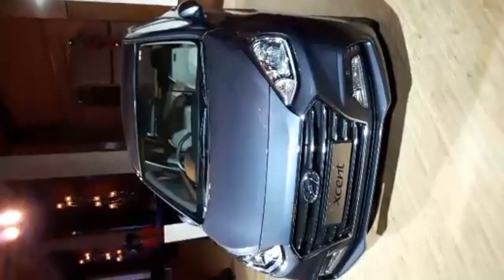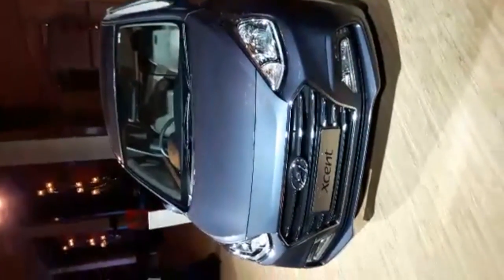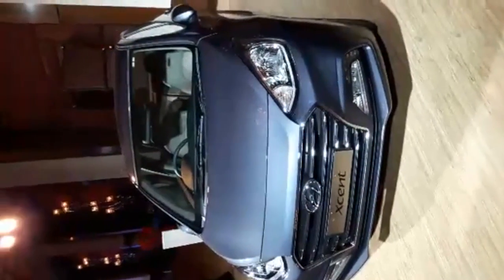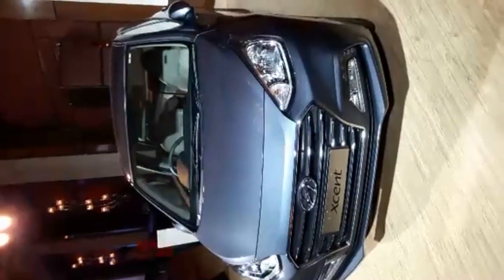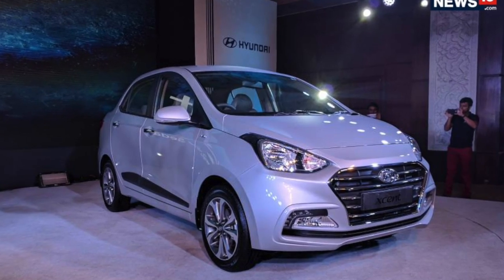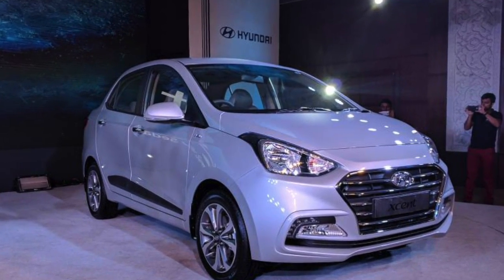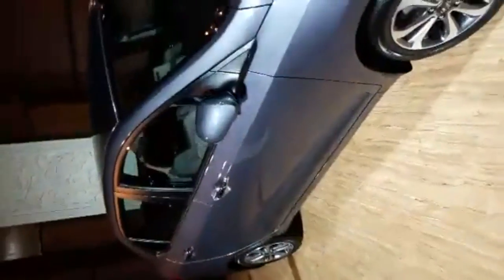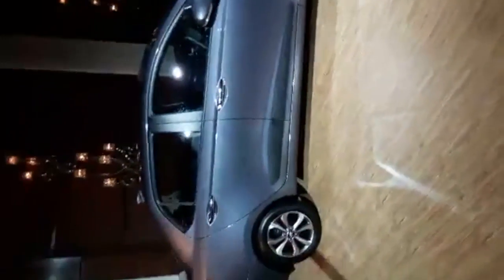Petrol automatic is priced at 7.1 lakh. The diesel starts at 6.28 lakh and goes all the way up to 8.42 lakh. All these prices are ex-showroom Delhi. The petrol engine is the same as the one before, a 1.2 liter 4-cylinder engine